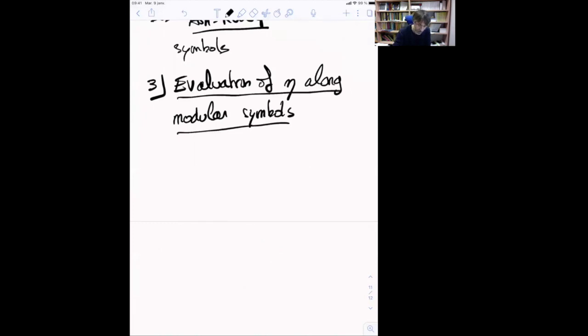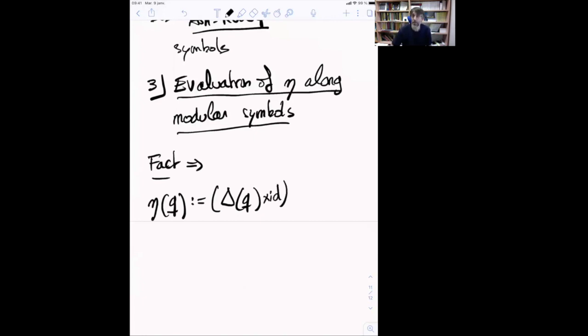And first, note that the fact implies that if you consider the form that I will denote eta of q, which is the pullback by the map we just defined, the map delta q, times the identity on the fiber Cn, and you pull back our form eta. So this is a form of degree 2n minus 1 on the subdivided simplex delta k prime